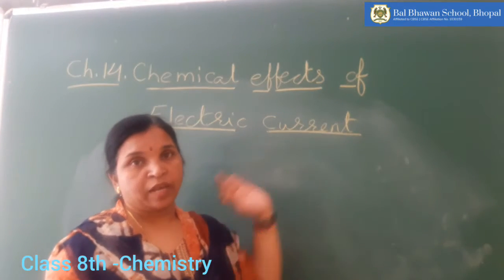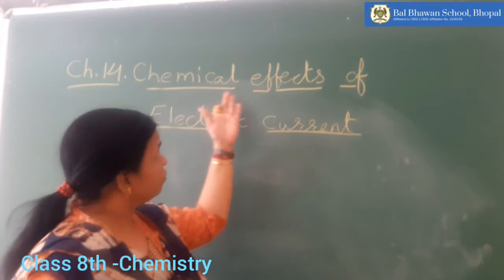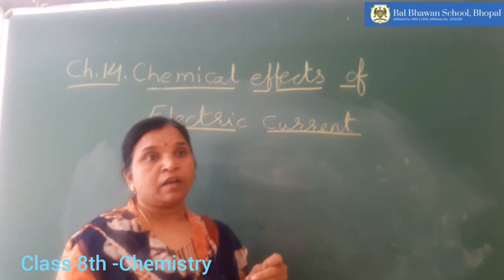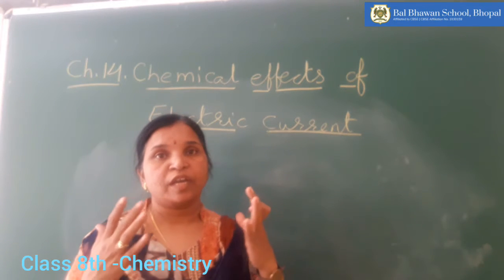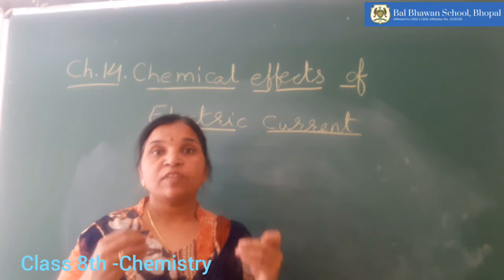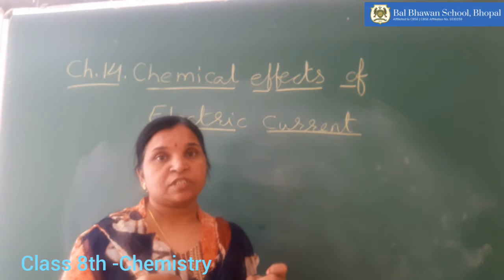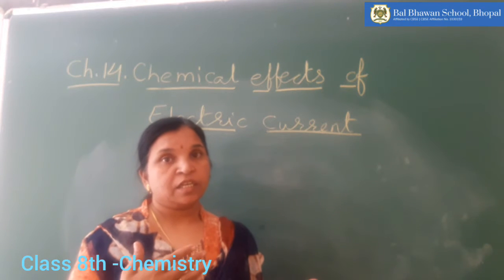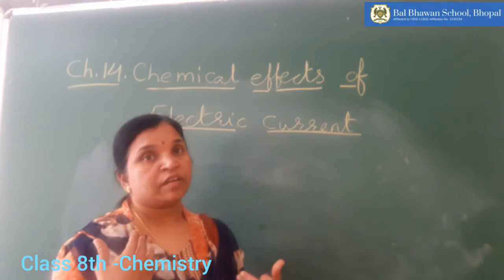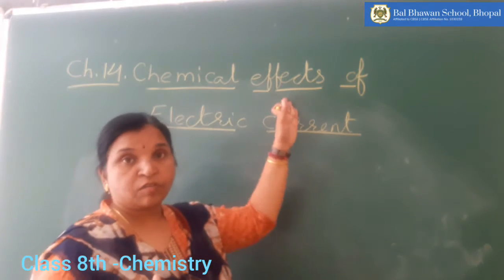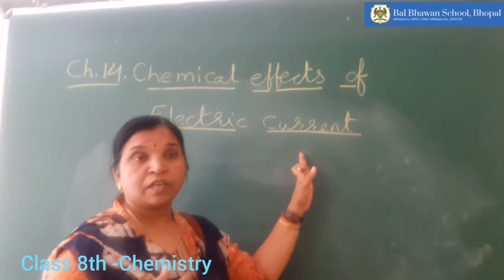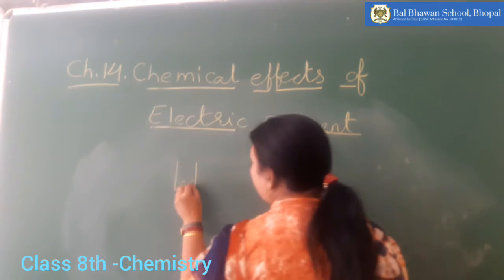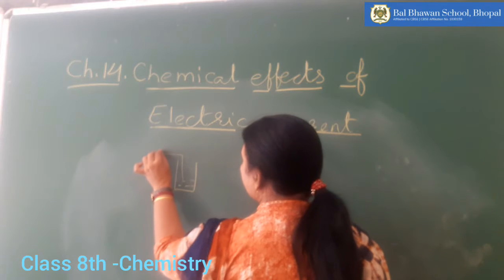So what does this imply, or what do we mean by chemical effects of electric current? When we allow current to pass through any liquid, if the liquid is able to conduct electricity and at the same time it is undergoing chemical change, this effect of electric current is known as the chemical effect of electric current. That means if I have used any X solution and in this I have inserted the